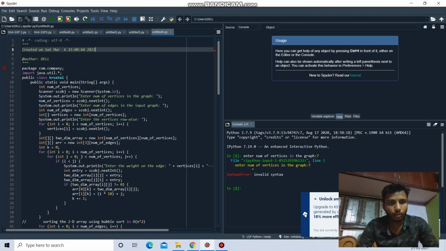System.out.println: Enter the number of vertices in the graph. Number of vertices = sc object dot nextInt. System.out.println: Enter the number of edges in the input graph. int number of edges = sc object dot nextInt. int vertices = new int[number of vertices]. Here you have to give the number of vertices. After that, the int vertices array is equal to